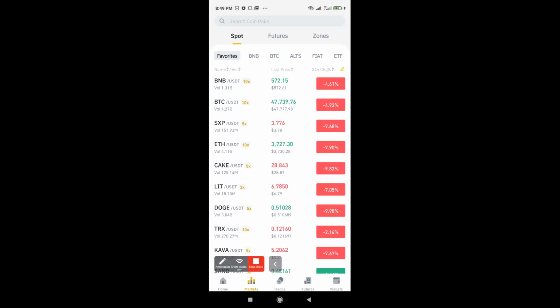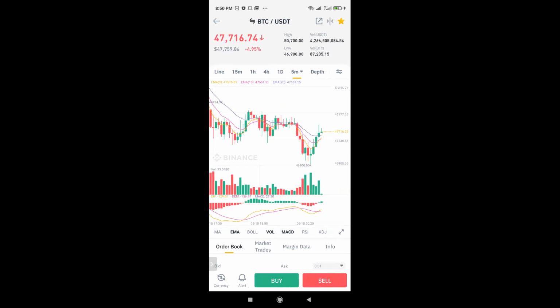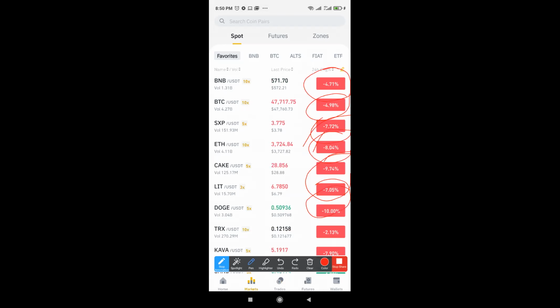What else do I want to show you in market? I don't think there's any other thing. So after you check the price of the coin, you might want to click on it, but then it will take you to this complicated place, which I will explain later. Secondly, that was markets, and I mentioned that that's the second place.